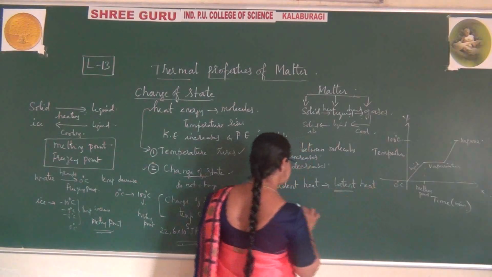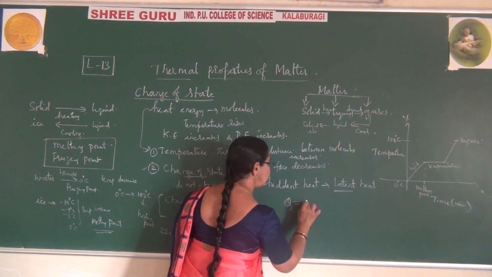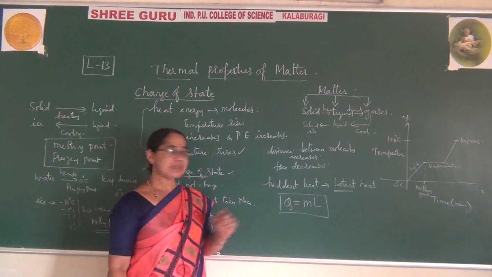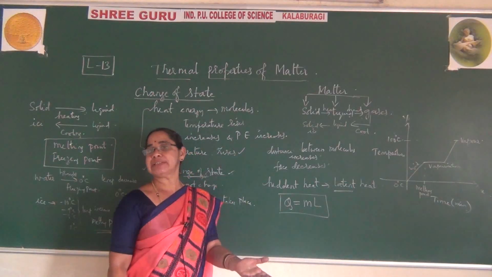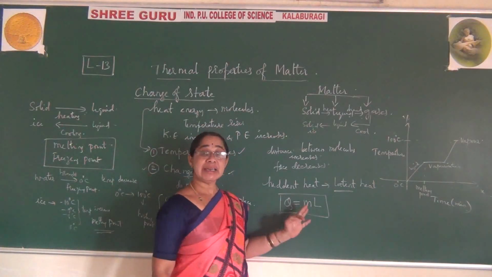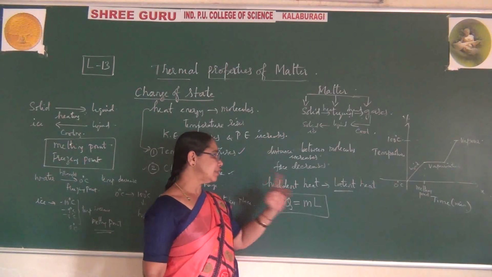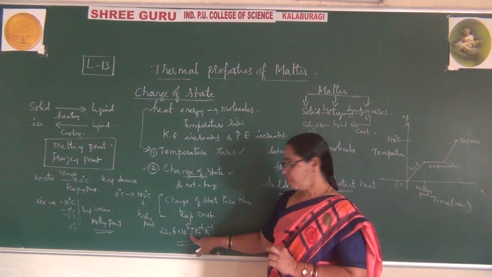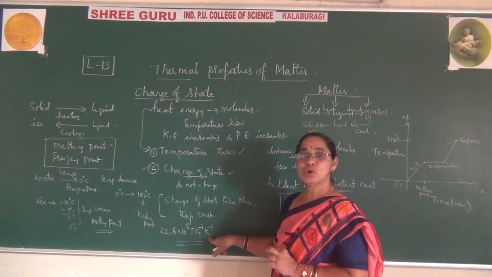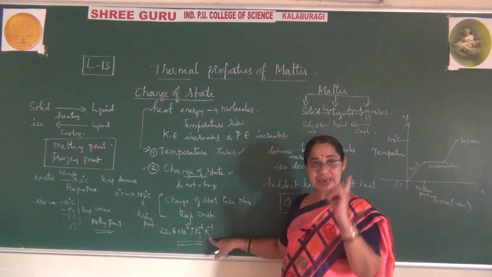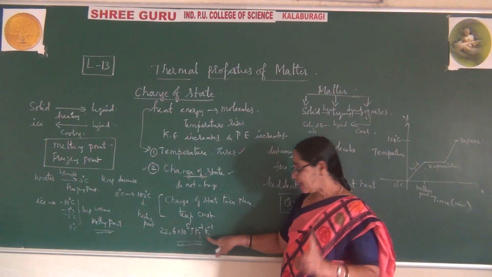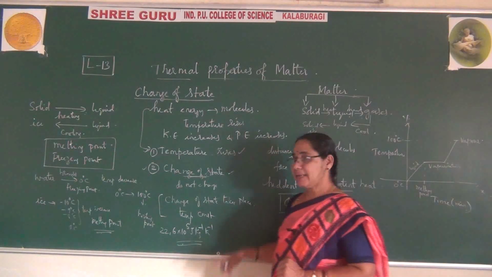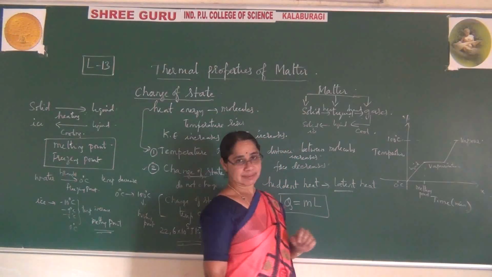So for this you can observe that Q is equal to M into L. What do you mean by this? Q is the quantity of heat you are supplying to a given substance which has some mass. L is the latent heat of the given substance. The latent heat of steam is 22.6 into 10 raised to 5 joules per kg. For 1 kg of water, we are supplying this amount of energy to change its state. It is called latent heat.